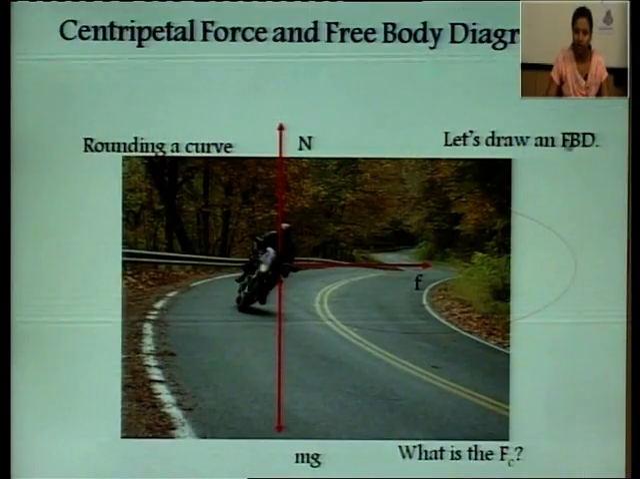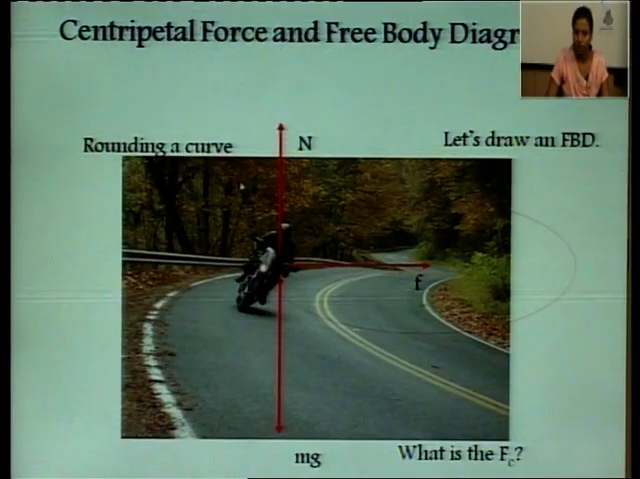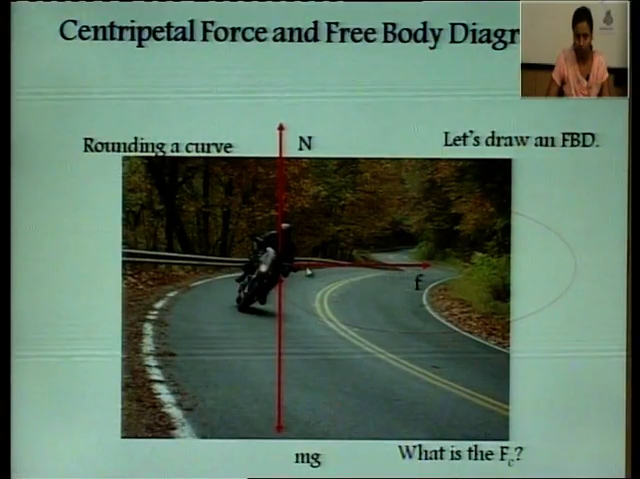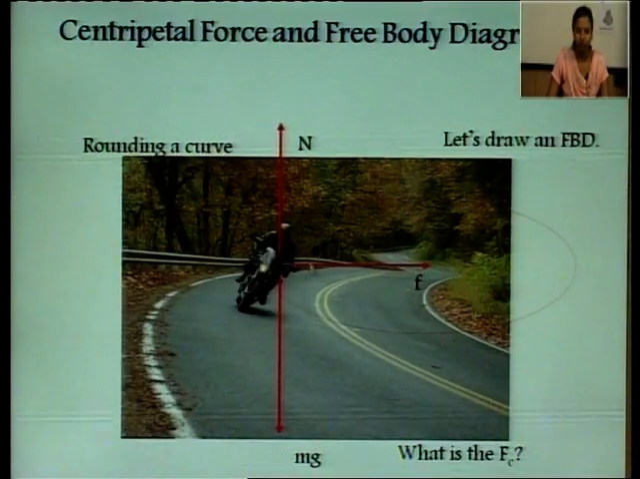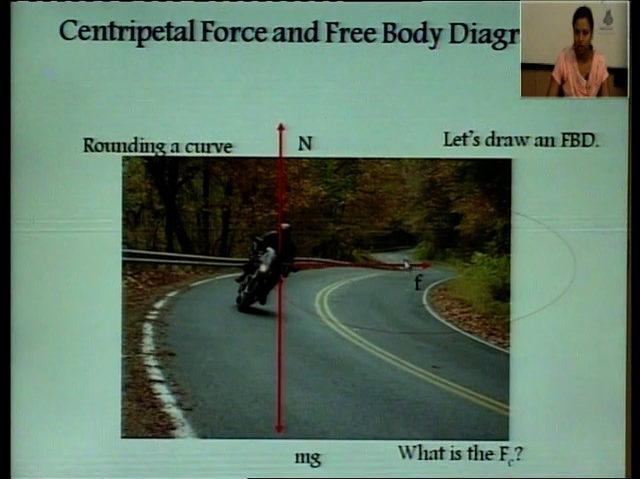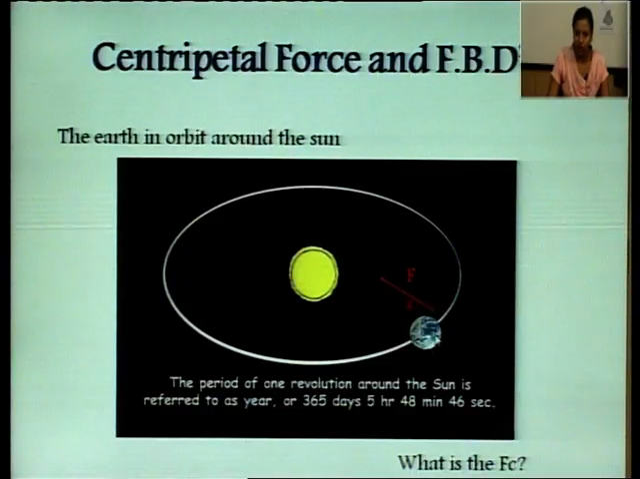Here FBD means free body diagram. FBD, free body diagram. So all the forces acting on a body are shown here. Its weight vertically downward, normal reaction by earth N, and force of friction F. So, if the earth is rotating around the sun, then orbiting around the sun,